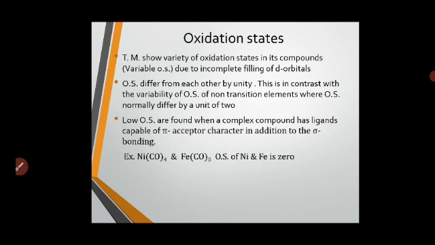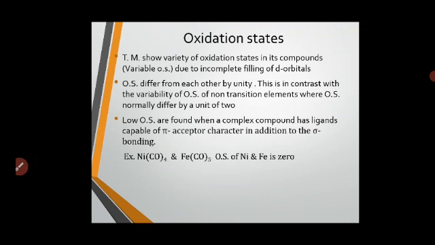Here these elements are showing positive oxidation states, that is, they are metals. Whereas in p block we have studied that they are showing negative oxidation states also, and the difference between the oxidation states shown by any one element differs by 2. It may be plus 2 or it may be minus 2, but here the difference is of unity, meaning 1.